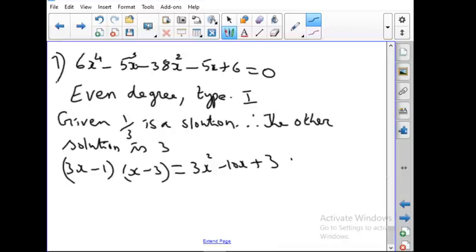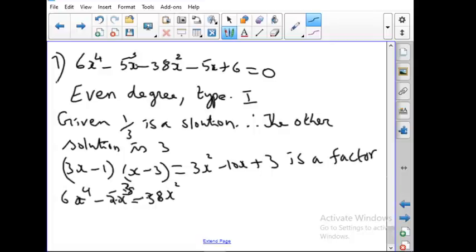So this is a factor. So now this can be written as 6x power 4 minus 5x cube minus 38x square minus 5x plus 6 is equal to 3x square minus 10x plus 3 into